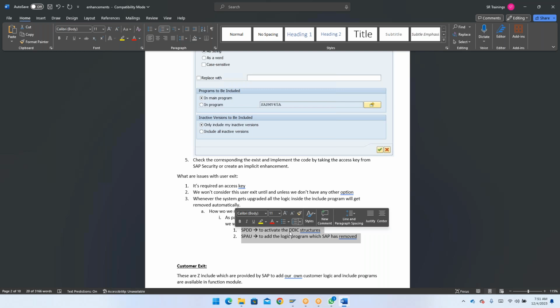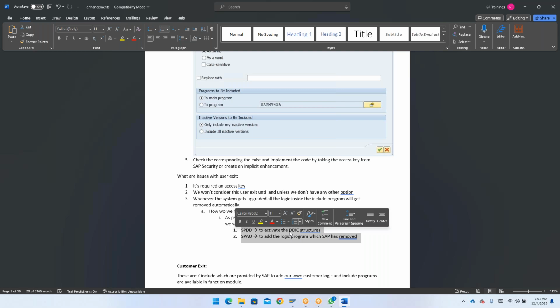Now once the system gets upgraded, the system doesn't know whether we want this structure to be added in the upgraded system or not. Because the system doesn't know, it will just keep it aside. So it's your duty to go to transaction code SPDD, and you have to activate those structures